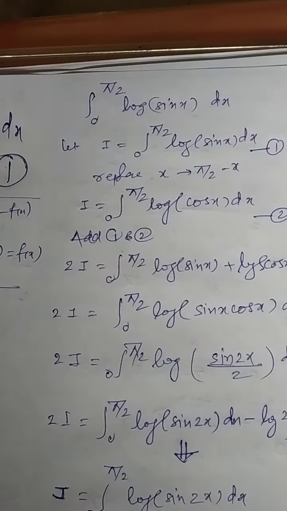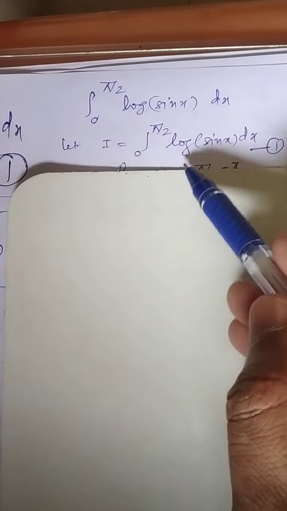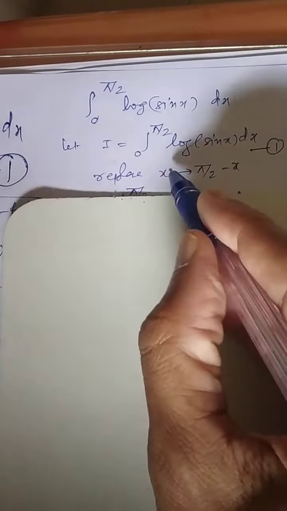Okay, now one question based on this property. Look here, the integral from 0 to pi by 2 of log of sin x. I am just applying the first property, replacing x, so that you will get the integral from 0 to pi by 2 of log of cos x. Do you remember, 1 and 2 you are getting, then adding? So the integral from 0 to pi by 2 of log sin x plus log cos x, it will be the integral of log of sin x cos x. Now, dividing by 2, or using the sin 2x formula, you can write like this.